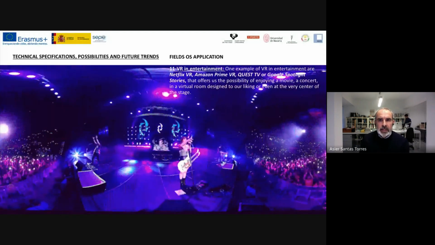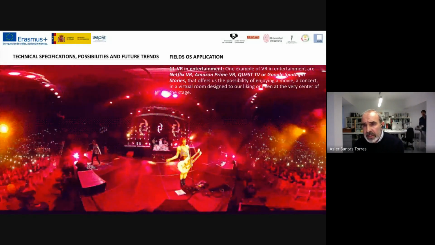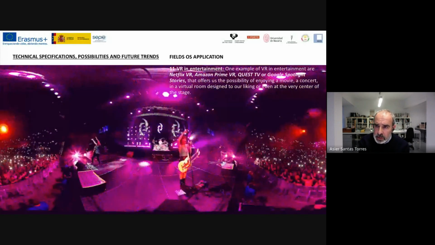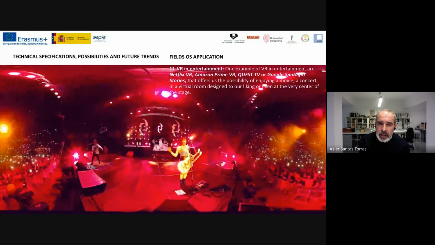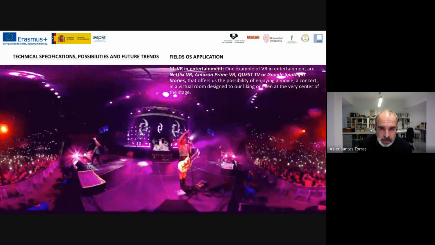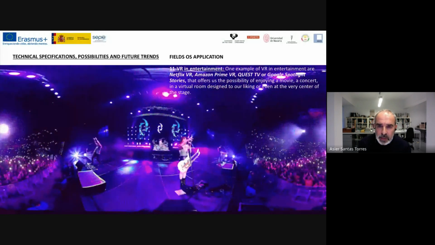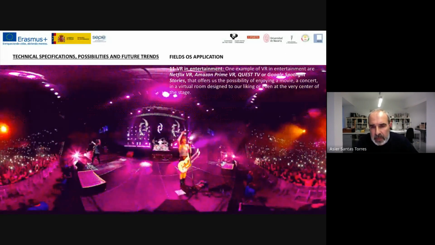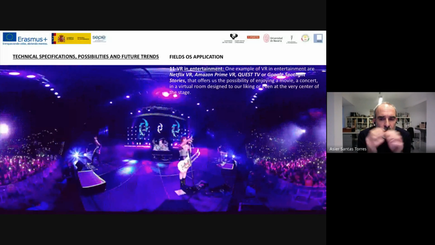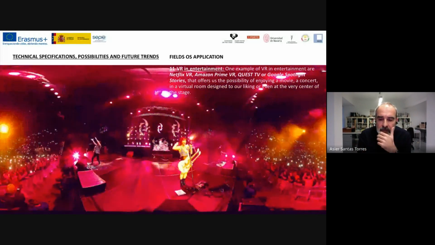The virtual reality is spreading in entertainment. One example is virtual reality in Netflix VR, Amazon Prime VR, Quest TV, or Google Spotlight. And there are several concerts online that are starting to be cast in virtual reality, so you can go to the concert without moving from your place and assist and enjoy this